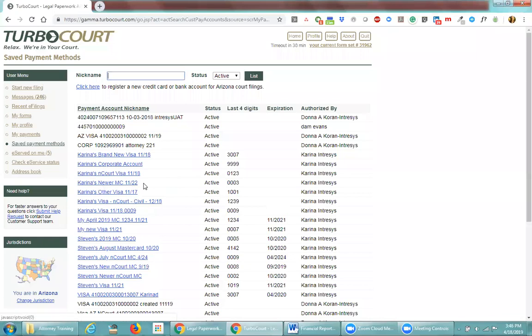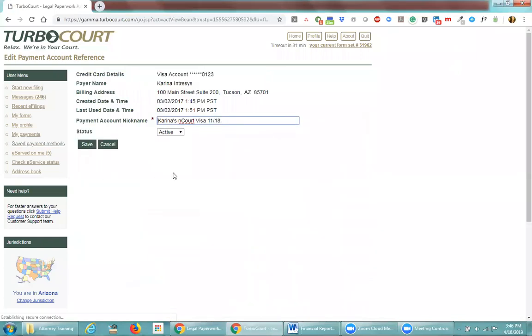There it is, and the next time I make a payment in AZTurboCourt, it'll be available to me. All right. Now let's talk about expiration dates, because I see here's 1/11/18, that's expired already. I'm going to go ahead and click on that one. It's important for you to note that at this point in time, AZTurboCourt does not automatically expire your expired credit